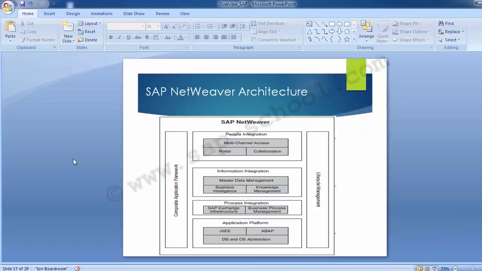As discussed in the last slide, the keywords associated with SAP NetWeaver are people integration. As you can see in the diagram, there is people integration, information integration, then process integration, application platform, and the solution lifecycle management. On the other side, you can see this lifecycle management is there. If we talk about each of them one by one, people integration, the integration of employees in the enterprise process flows is made possible